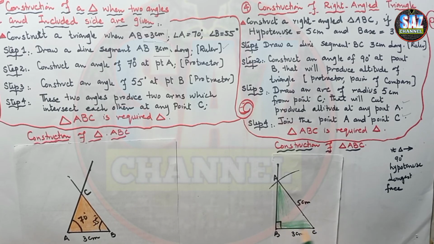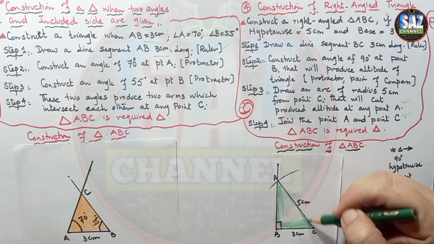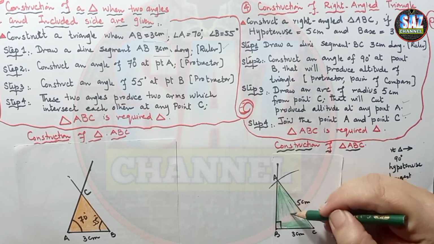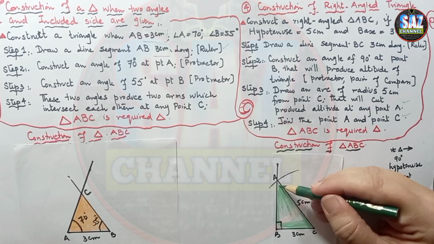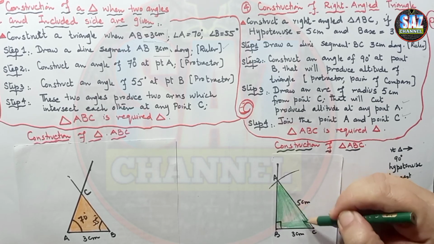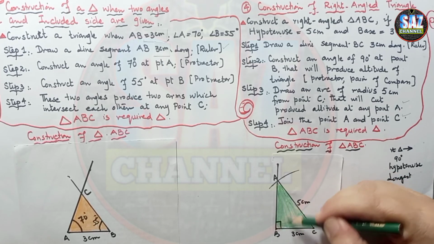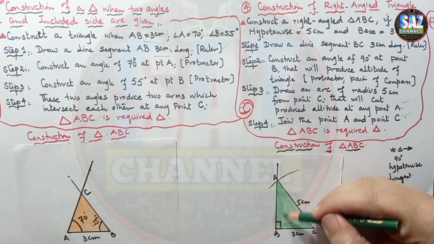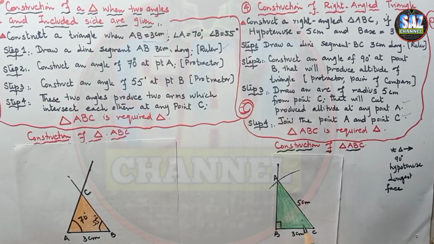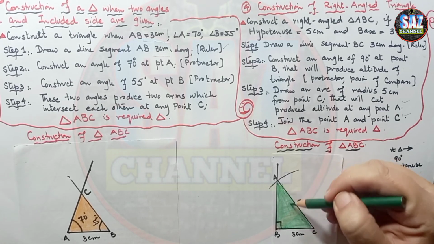And the second situation that we have learned is how to construct a triangle when one side and the included angles are given. These two conditions are really important, because in the next exercises of locus and construction, there will be different given situations in which we need to construct different types of triangles. So if the method of construction of these types of triangles is clear to you, then the questions will be easy for you.